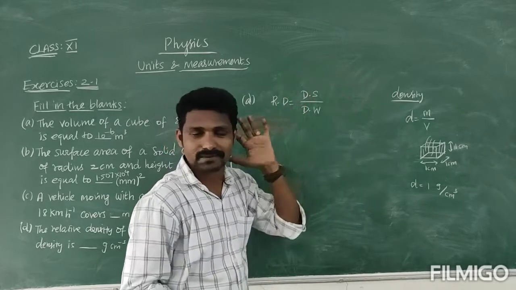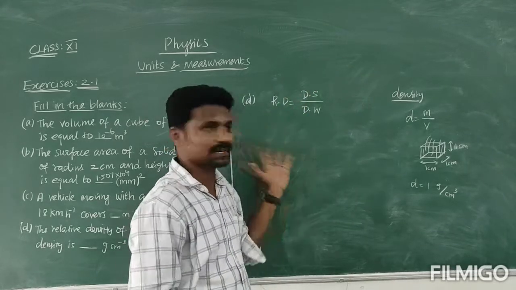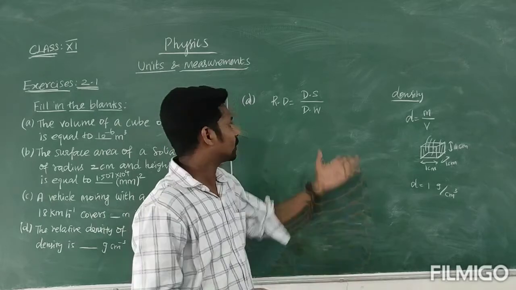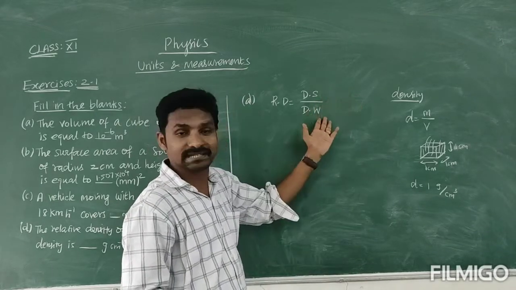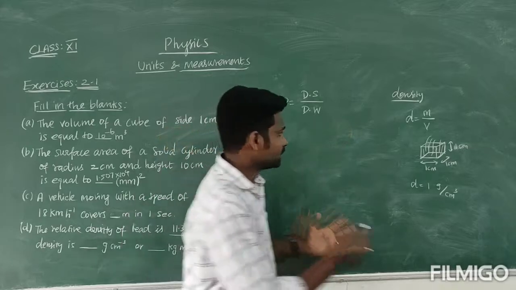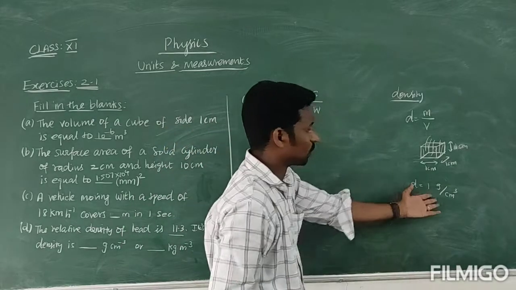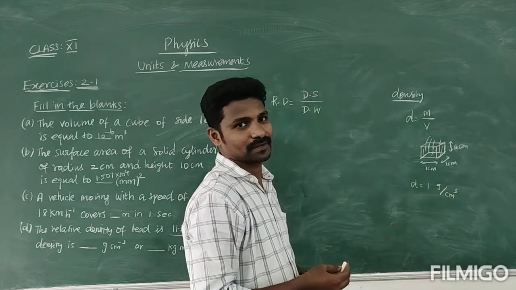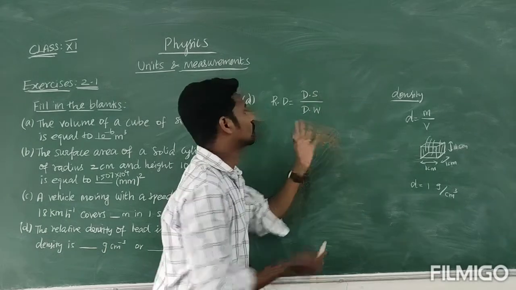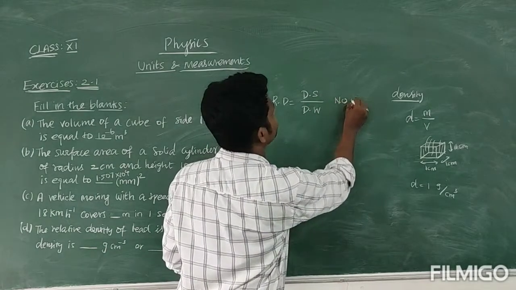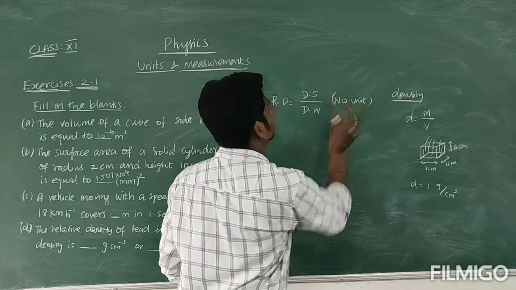Density of any substance, maybe the castor oil or here the lead or iron or anything. Okay, so what is the unit for that? Kilogram per meter cube. Then density of water, you know it is a standard value. Density of water, you know that is 1 gram per centimeter cube. Okay, so gram per centimeter cube, it will be cancelled. So no unit for that. No unit for relative density.